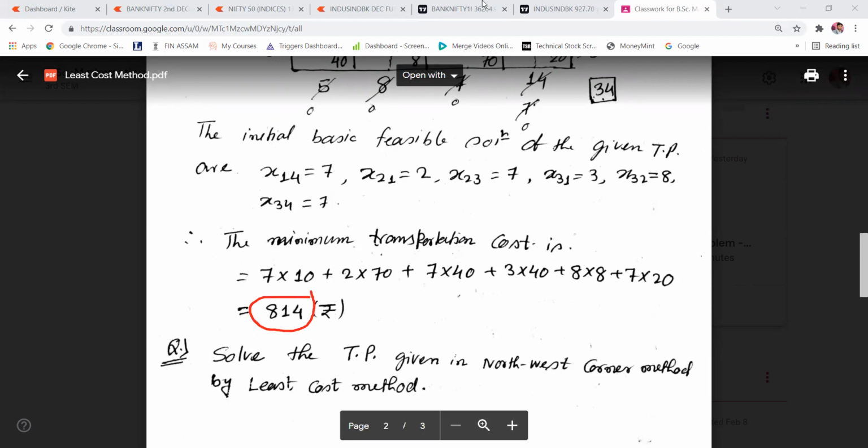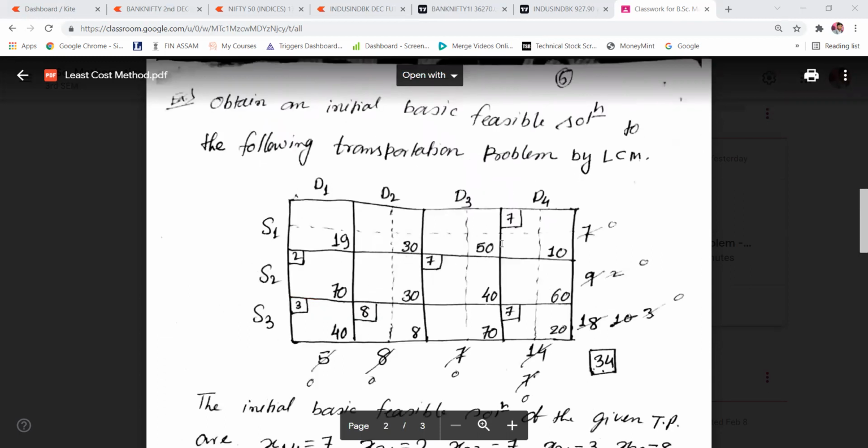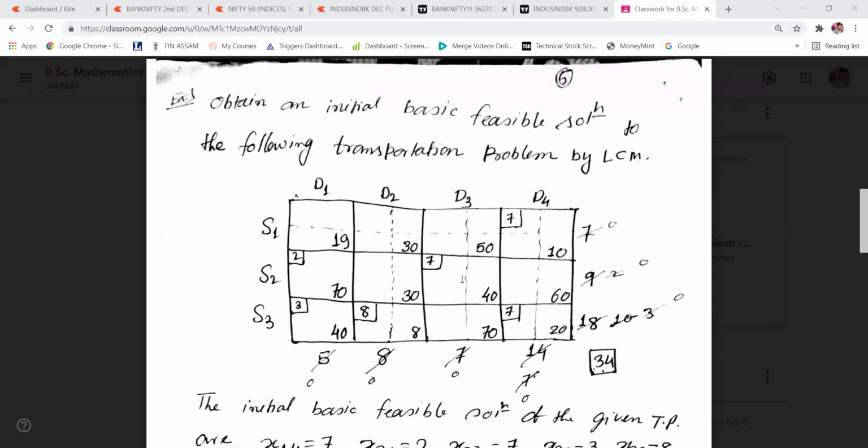Now, the idea behind choosing this problem is that if you remember the northwest corner method, the same transportation problem we considered there, I have taken here also for the least cost method.